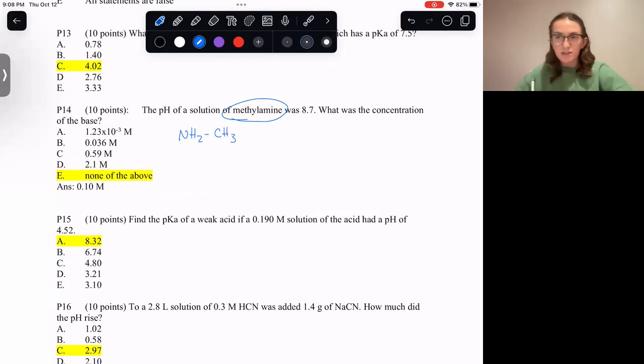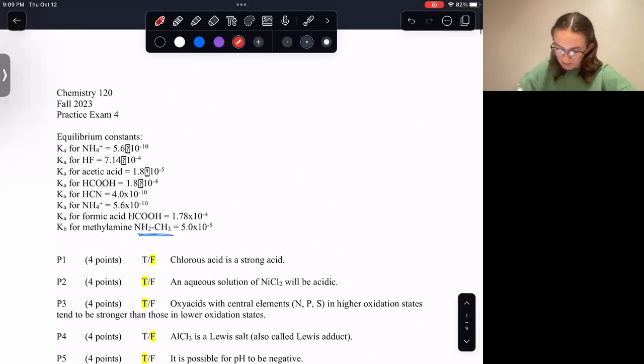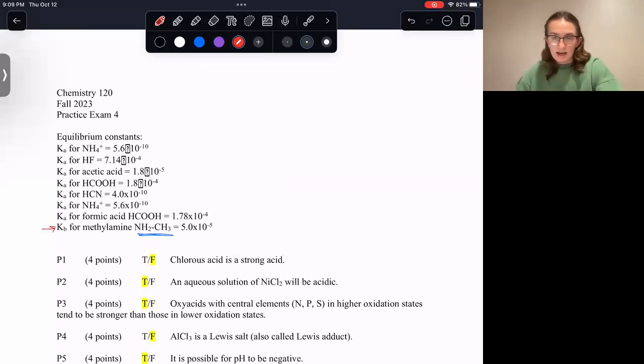If we were to put this in the context of being in solution in water and form an ice table, we would get water here. And we have a nitrogen, and this nitrogen is going to be indicative of the base. We also are given at the top the Kb for this methylamine, and that should be an indicator that it's